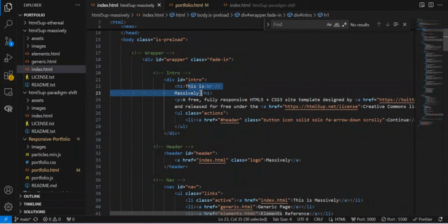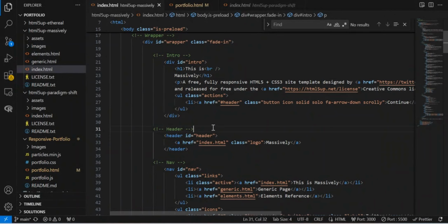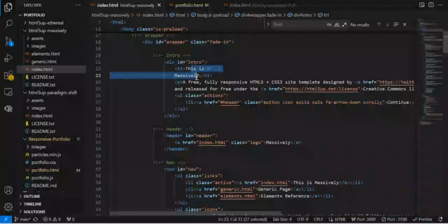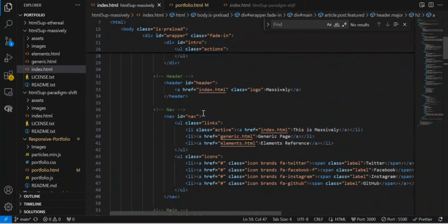Then when you come to this part, like I said, you can change it to your name. This is Desmond, or this is your name. And then you can give a very short description about the portfolio and what people can expect looking at your portfolio. It's good to note that this will be a main header, so obviously bigger than what you have in H2. This will be a smaller header.